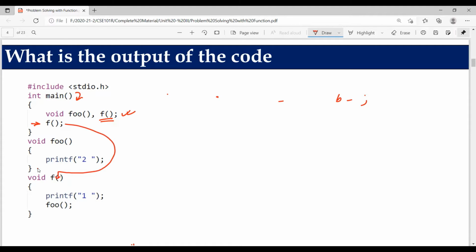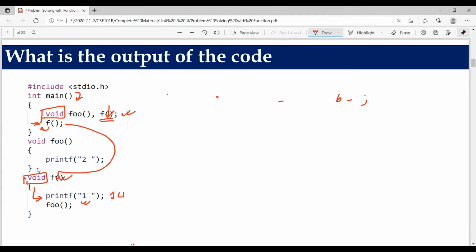While jumping to the body of the function f, it will simply check the signature. Here we are not returning anything, so the return type should be void. Yes, the return type is void, and there is no parameter. So the signature is matched perfectly, there is no issue. Then program control goes inside the function f and prints that line. So it prints the output 1 and there is a space after that.